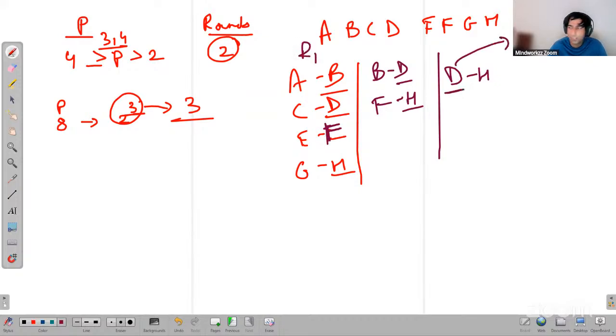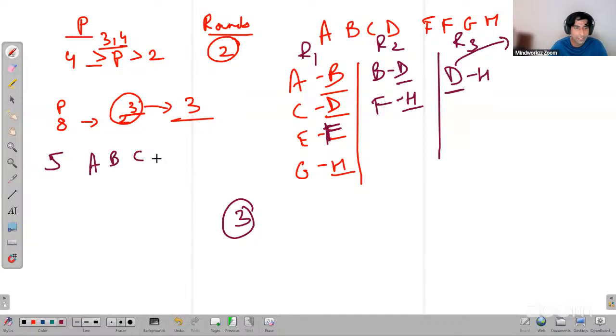How many rounds happened? Round 1. Yes, power equals round. Correct. Round 2 and round 3. So 3 rounds happened. Now, if you have the number of players as 5 instead of 8, say for example